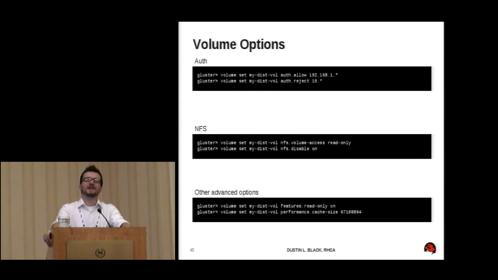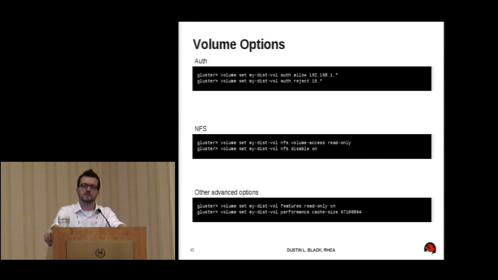So there are a lot of commands that you can use to get into the deeper level of system administration of Gluster. I've thrown a few up here that are more common examples of stuff you might run into. This is stuff I certainly recommend you dig into when you set up a test environment, and see what options are available and check the documentation. But I just wanted you to see the format of some of these commands.